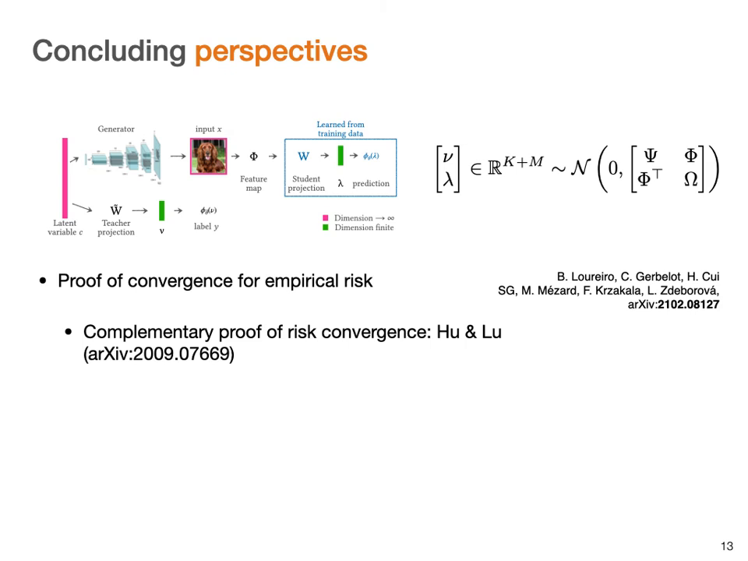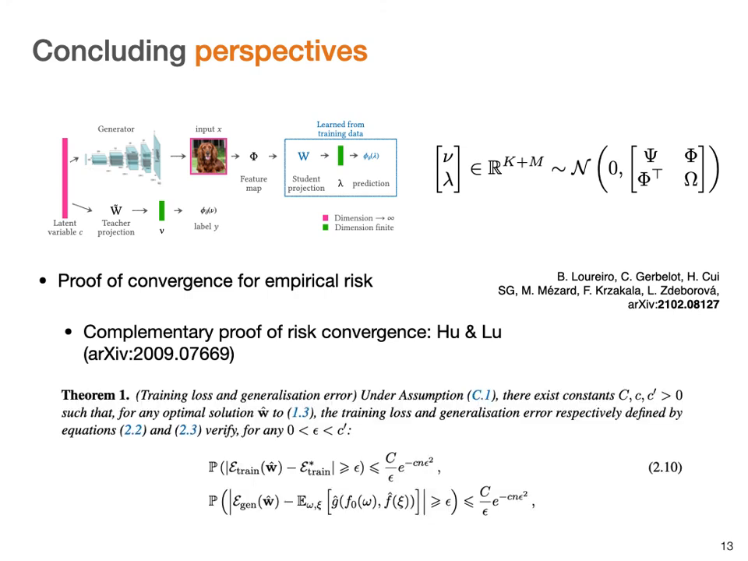The proof was led by Cédric Gerbelot, and Hugo Cui was also working on the paper. And there's also a complementary proof of the risk convergence for such a Gaussian model that was given by Hong Hu and Yue Lu a bit before that at the end of last year. And the theorem looks a bit like this. So a lot of what I've said here, which were sort of conjectures from statistical physics, can be put on